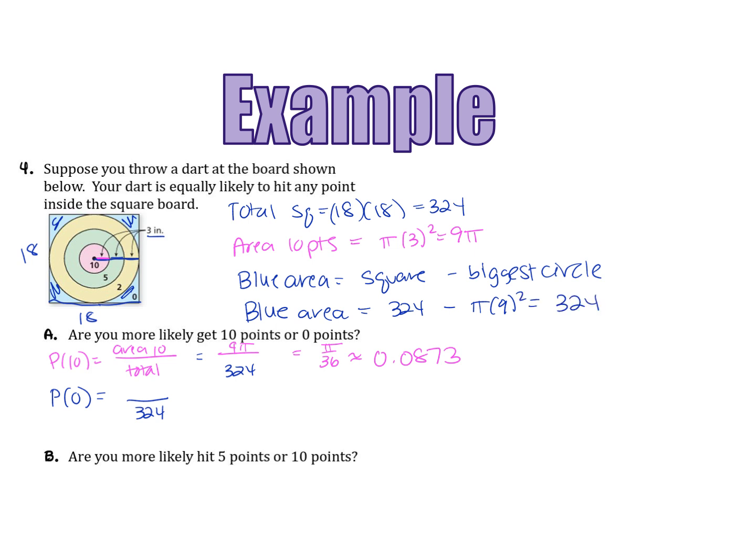So the area of 0 is 324 minus 81 pi. So the probability of getting 0 points is the total area of 0, which is 324 minus 81 pi. That's the area that takes up the 0 point spot on the board, divided by the total area of the board. Now, each of these, we can grab a calculator, but let's first simplify. Each of these three numbers is divisible by 81, and if we do that, we get 4 minus pi